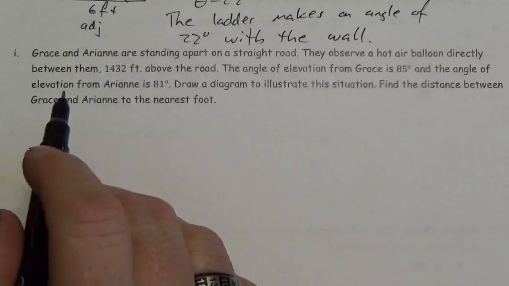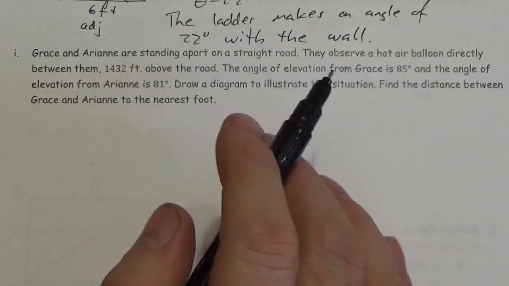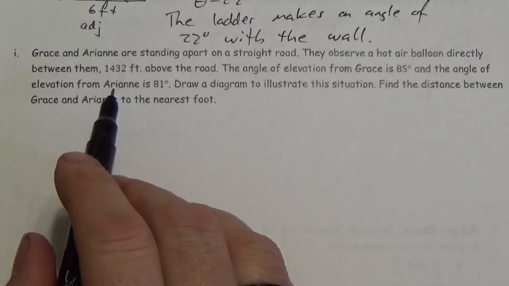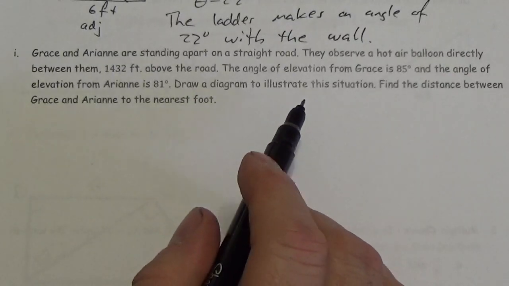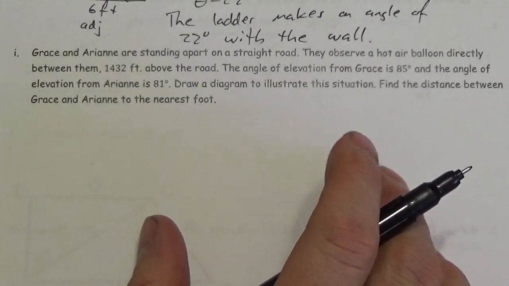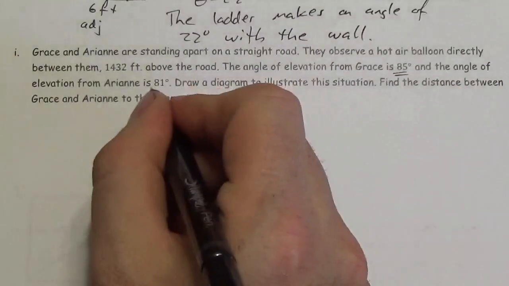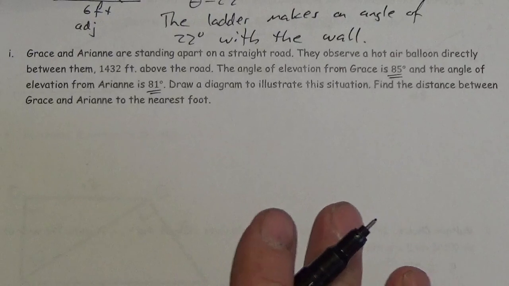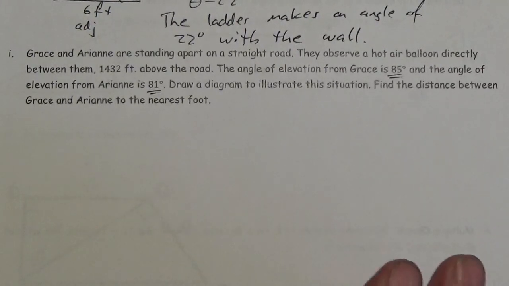Okay, our next one here says Grace and Ariane are standing apart on a straight road. Okay, they observe a hot air balloon directly between them, 1,400 feet above the road. Okay, the angle of elevation from Grace is 85, and the angle of elevation from Ariane is 81. Now, it's important to note that those are not the same angles. Sometimes people, when they jump into this, immediately assume those are the same when they make their drawing here,